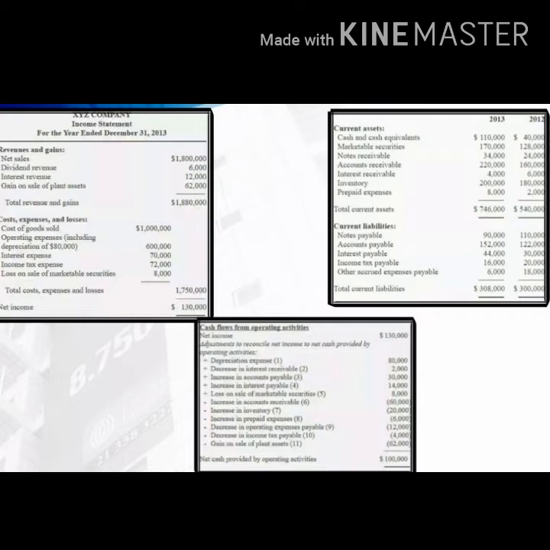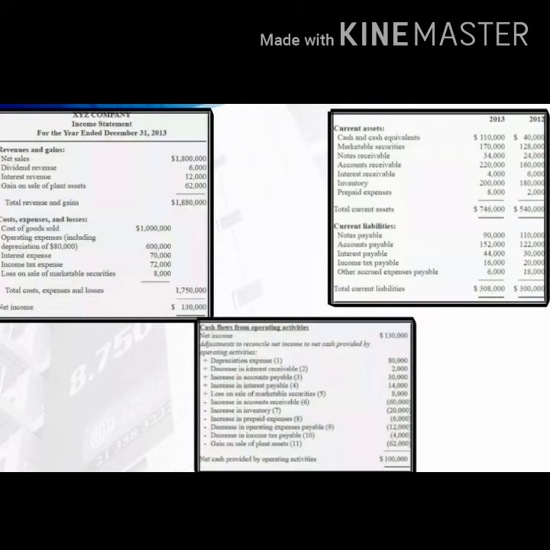So the net income plus the adjustments, such as depreciation expense, which is $80,000, plus the decrease in interest receivable, which is $2,000, plus the increase in accounts payable, which is $30,000, plus the increase in interest payable, which is $14,000, plus the loss on sales of marketable securities, which is $8,000, minus the increase in accounts receivable, which is $60,000, and minus the increase in inventory, which is $20,000,